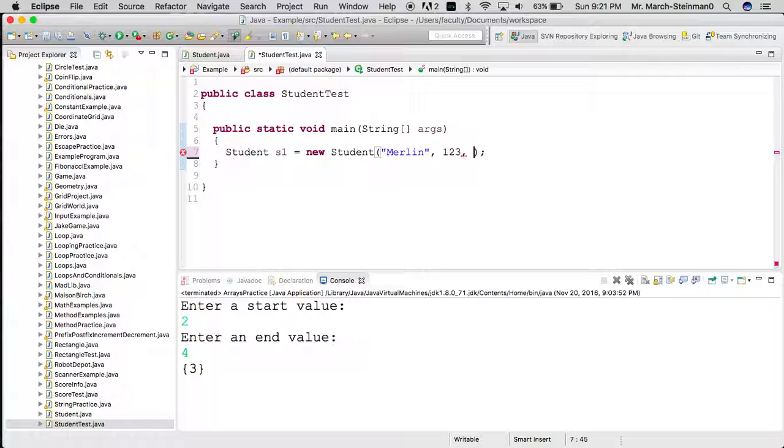And I'll give him 3 scores. So maybe I'll say s1.addScore 5, s1.addScore 3, and then maybe I'll say